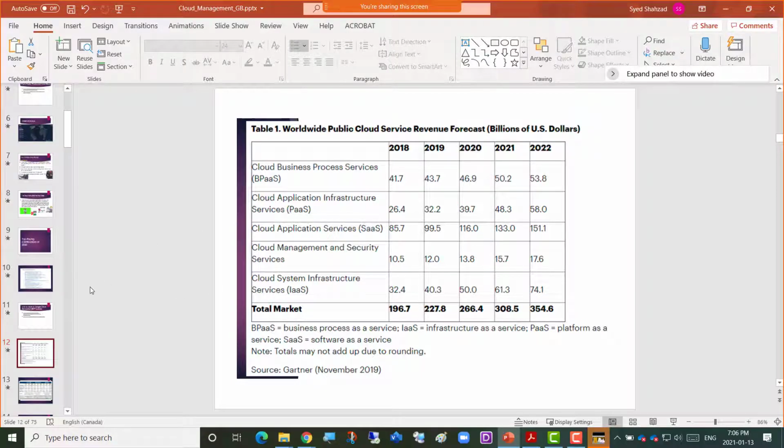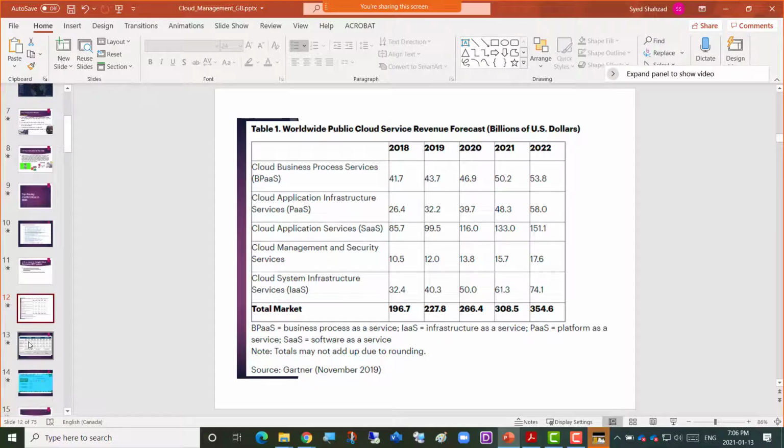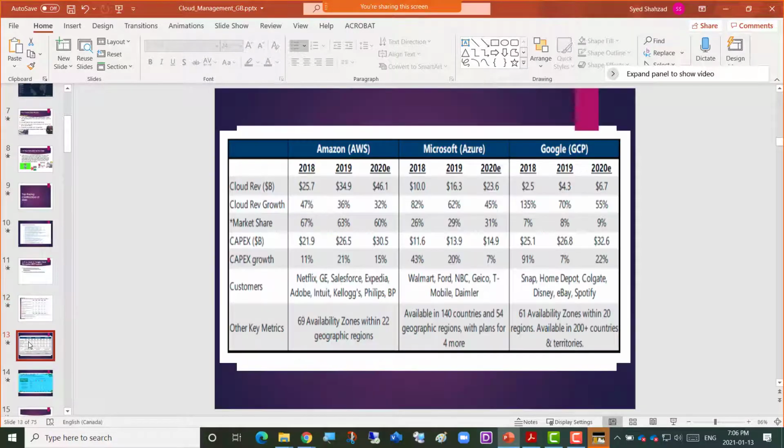Okay, so we were talking about this, that companies are earning billions of dollars, and then it comes down to the big three. We're going for the top one. Our course revolves around Amazon Web Services, AWS. This company introduced the cloud services concept, and then Microsoft followed, and Microsoft is the second best in the market, and then Google Cloud followed, is the third best in the market.